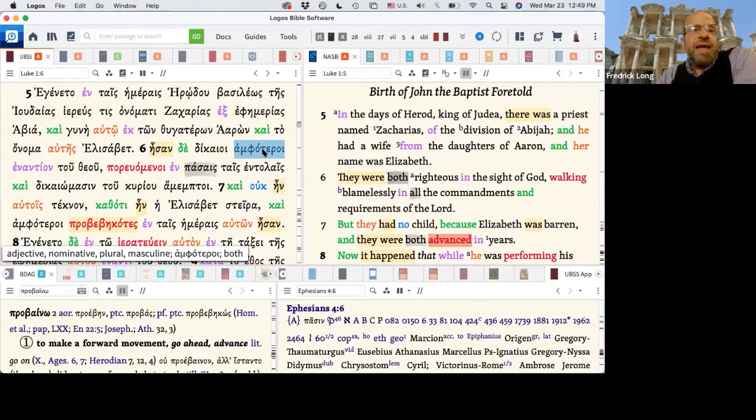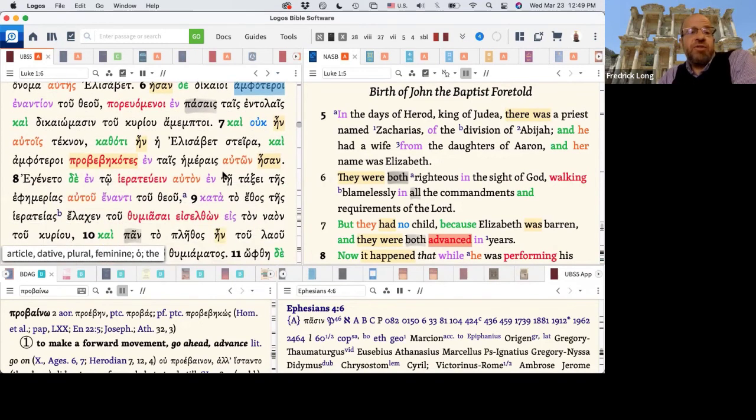Well, in the mental conception, he's wanting us to think of them as a pair. So the both is a concise way of referring to them without having to keep mentioning them. But he could have used they, right? He could have used autoi. And so by using amphoteroi, he's saying they're in this together. Let's view them together. So yeah, I think that's a good question. Why does he want us to keep viewing them as together, as both? Yeah, I think that's a fair question.